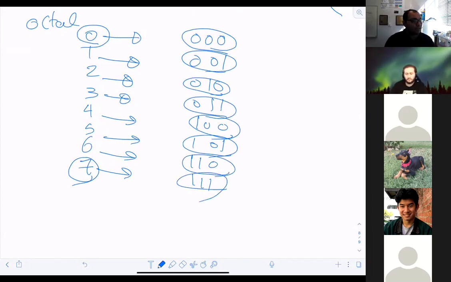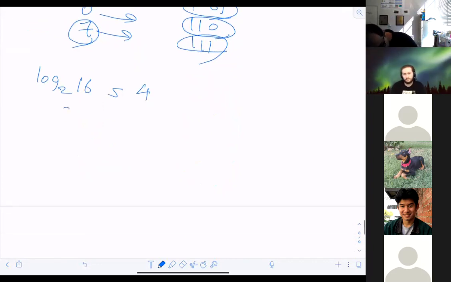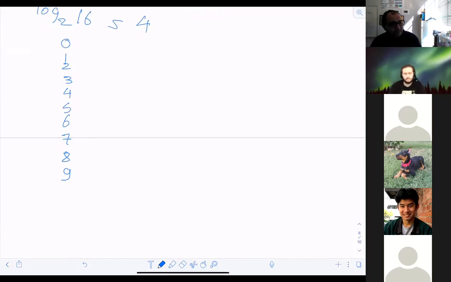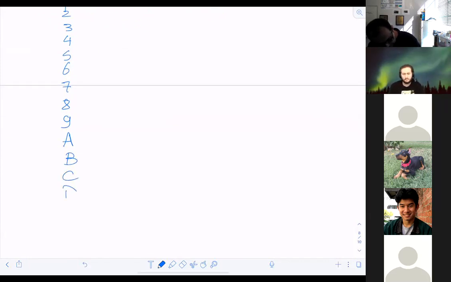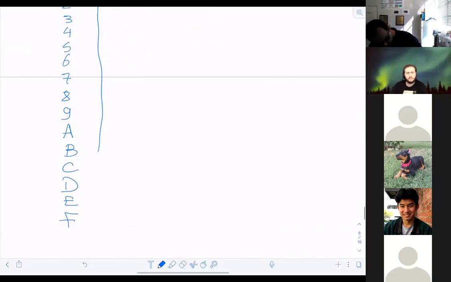Let's play the game more and go for hexa, right? Hexa, so log 2 of 16. So we are talking about what? 4. Yes. Let's look at the hexa. It's 0, 1, 2, 3, 4, 5, 6, 7, 8, 9, 10 for me is A, B, C, D, E, F. So if I make a fancy table,